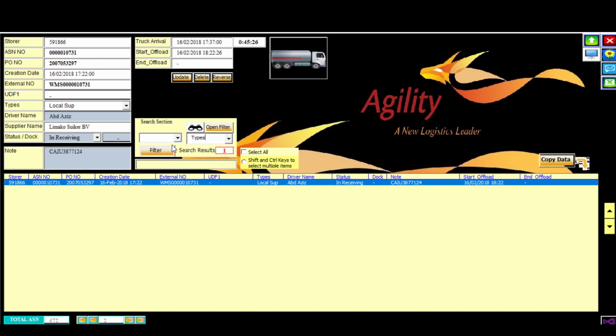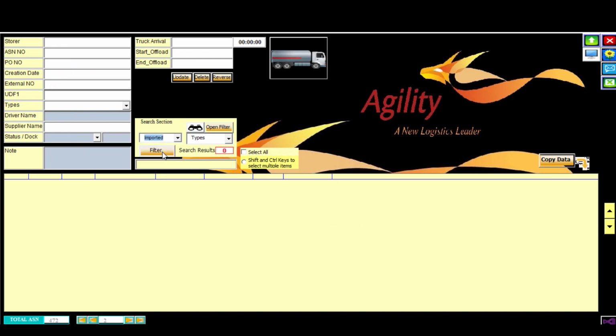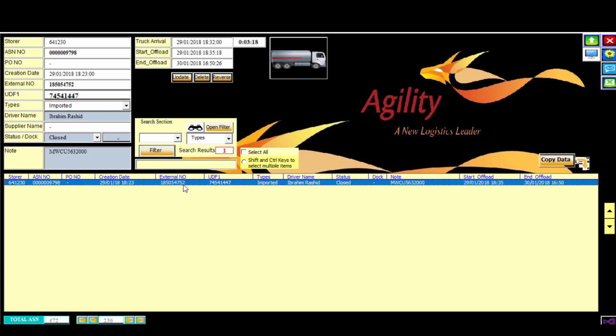When we choose type, it appears for us the types of this shipment: local supply, imported, shuttling, return. If we press on return and filter, well, no data for return. Okay, we can choose imported, filter. Yes, we have one shipment for imported, shuttling,